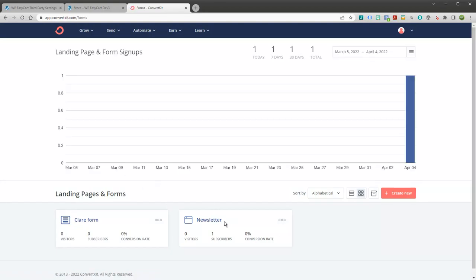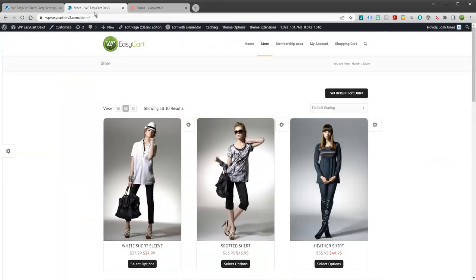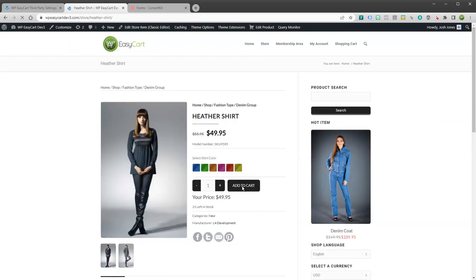So I'm just going to go ahead and select this newsletter form for my system. Okay, so that's all it takes to get set up. Let's take a look at what it looks like to flow through the checkout. Let's say I want to get one of these items. I'll get this Heather shirt. Throw it in my shopping cart,